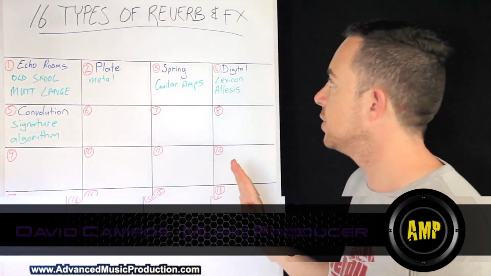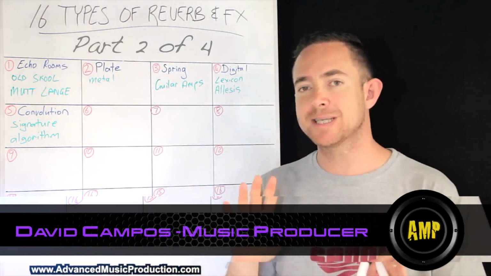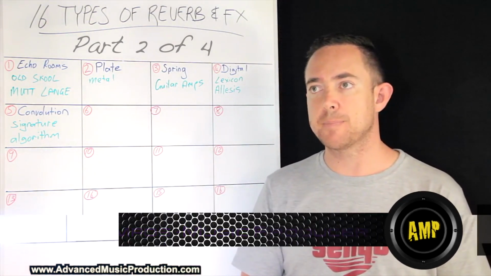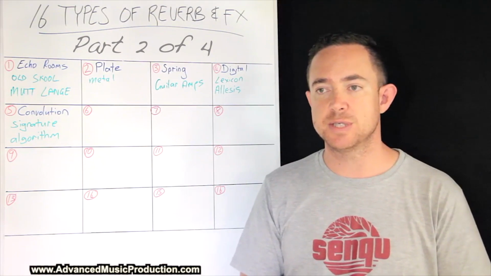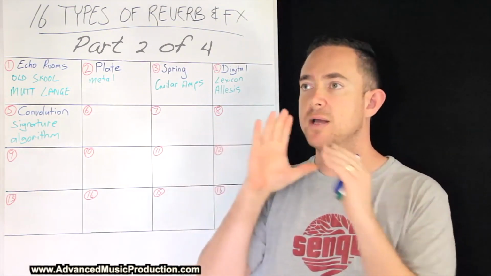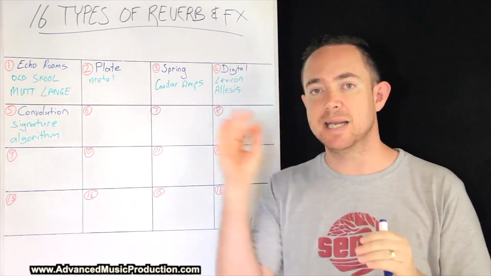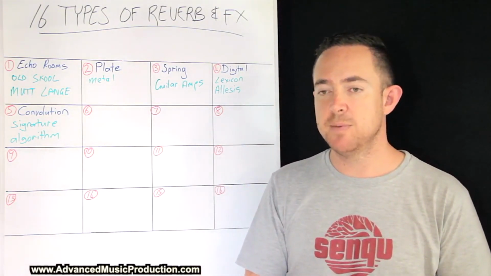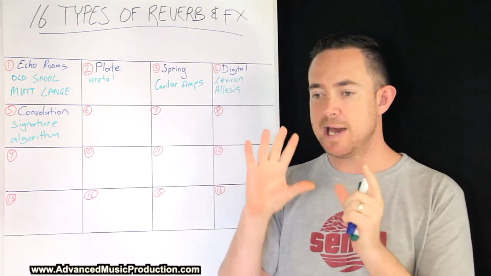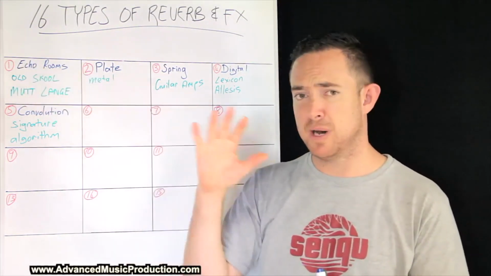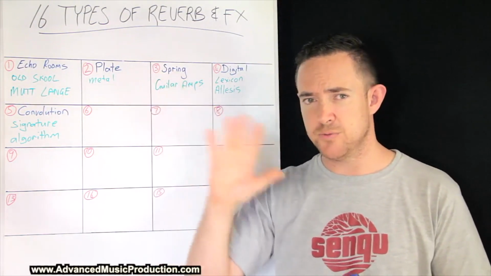Now we're going to move on to, I would call it the first cousin of reverb, and that is delay. Now, delay is like an echo. So if you just imagine you're standing by a mountain and you shout, hello, and then you hear, hello, hello, hello. That's delay. And a lot of people confuse delay, echo, and reverb. And I think the word echo might be fuzzy in between reverb and delay.